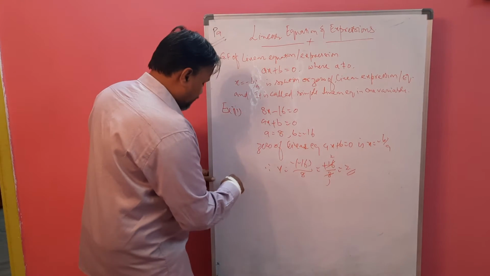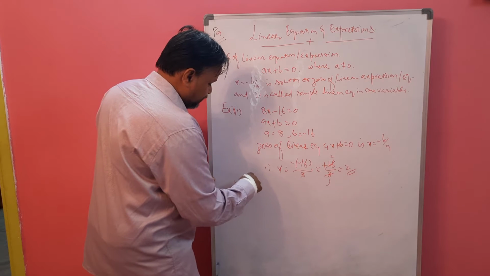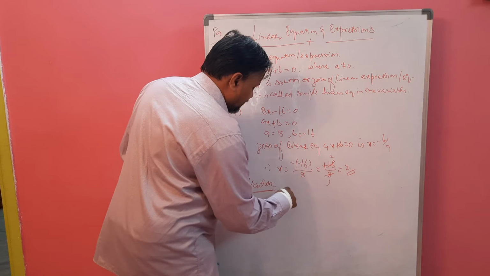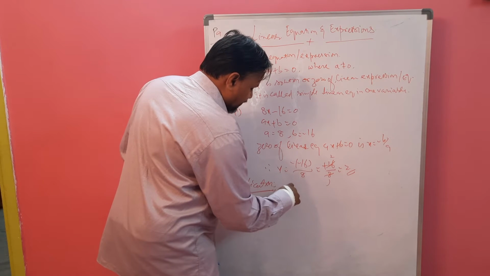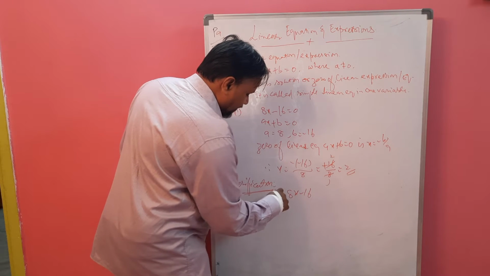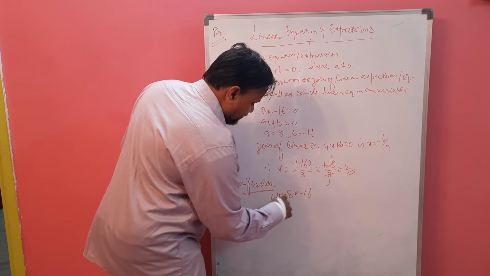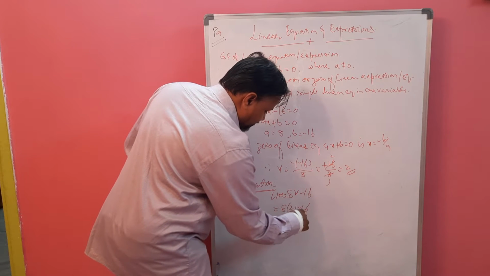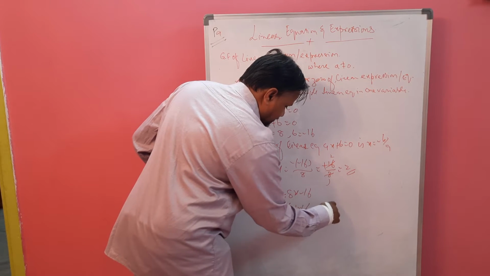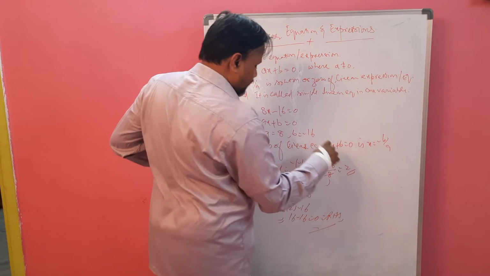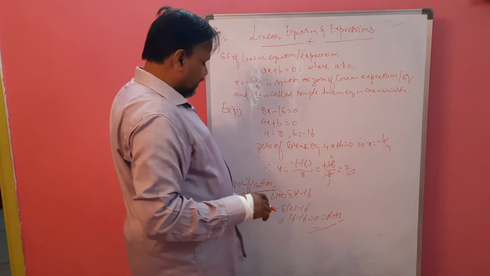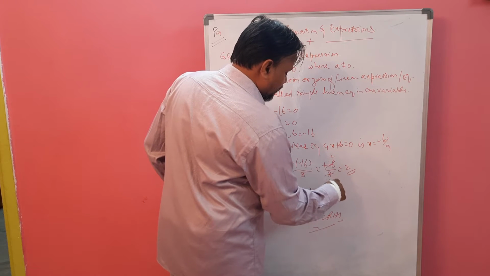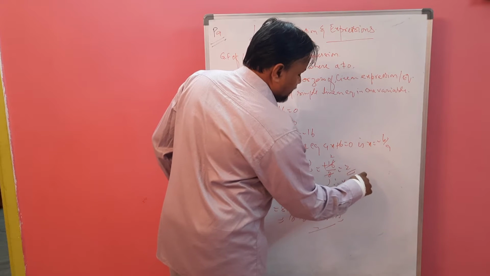Now compare it and verify it. Verification, or justification, you can also say justification. Now left hand side equal to what? 8x minus 16, this equal to this. Substitute here x equal to 2. 8 twos are 16, 16 minus 16 again 0. This is what? Right hand side. So this value satisfies the equation. So that value is called 0 of the polynomial. So therefore x equal to 2 is 0 of the linear equation.